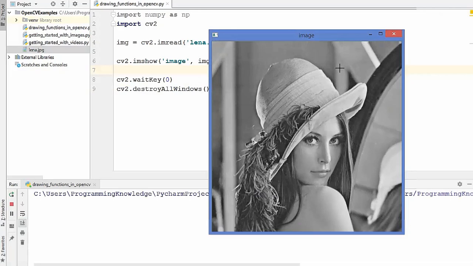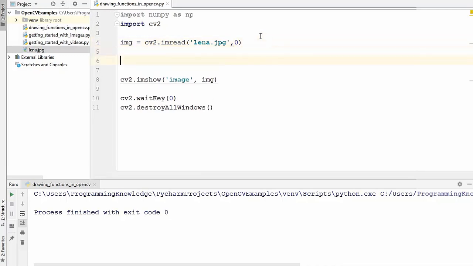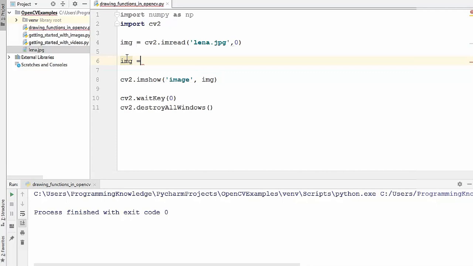Now let's say we want to draw some geometric shapes on this image. So to start with, let's learn how to draw a line on our image which we have read from this read function. So what we are going to do is we will override this image. We have already created this image variable, so we will draw a line on the same image. So I'm going to just write img is equal to